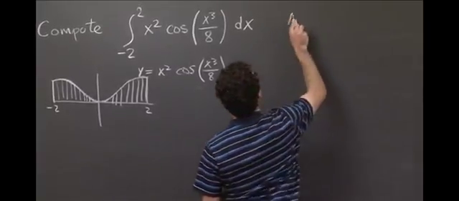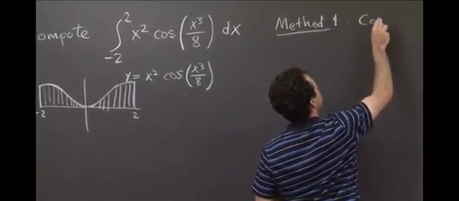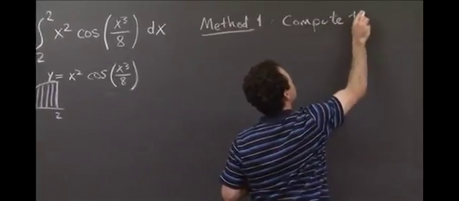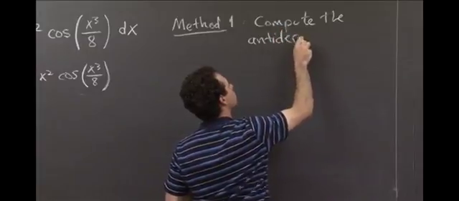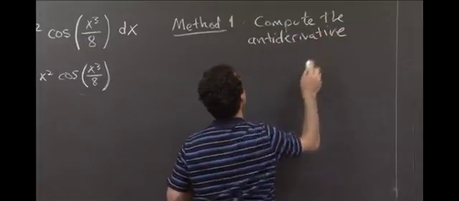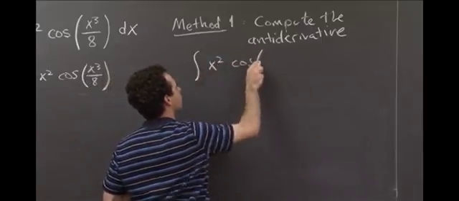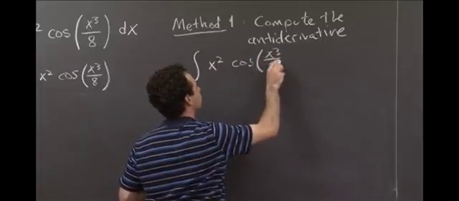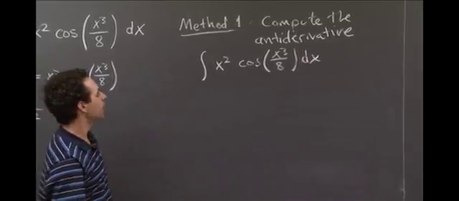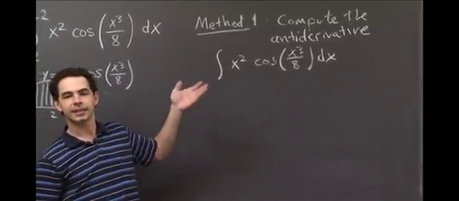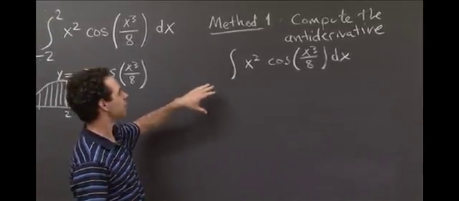So method one is to compute the antiderivative. We compute the antiderivative of x squared cosine of x cubed over 8 dx. Here it's not a definite integral anymore. Now I'm just looking at the antiderivative. And so, either by intelligent guessing, or just by a substitution method,